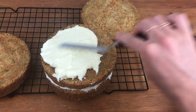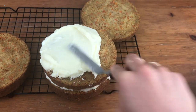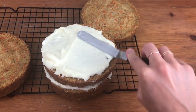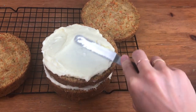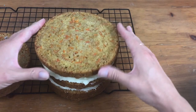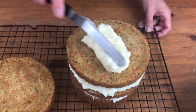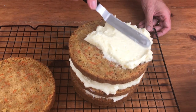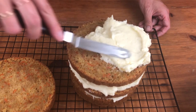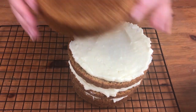I don't recommend assembling before travelling if you're using fillings that need to be refrigerated, like lemon curd or whipped cream, because they'll be out of the fridge for several hours while you travel. Also, only assemble your cake at this point if your filling is quite stiff, like buttercream. If you're using pudding or custard or fresh fruit or other unstable or slippery fillings, your cake won't be as stable when you travel. For these fillings, skip the assembly and move straight on to the next step, which is